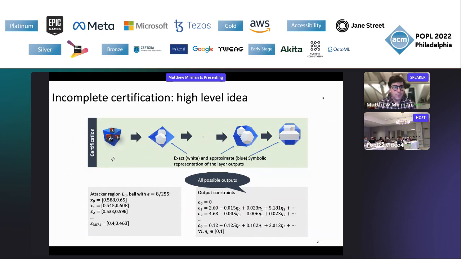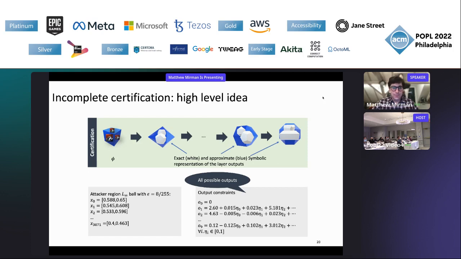For example, with our car, we take the L infinity ball and we produce a representation of that in blue. After passing it through a layer and computing an approximation for that layer, we end up with an approximate or symbolic representation of the outputs at that layer that is always a superset of the concrete, the actual possible outputs